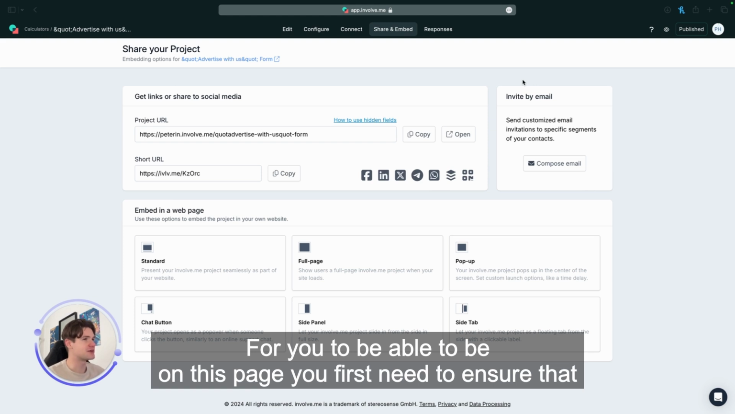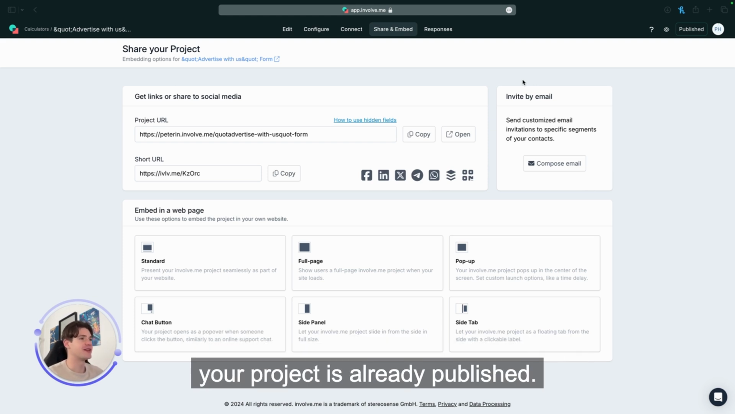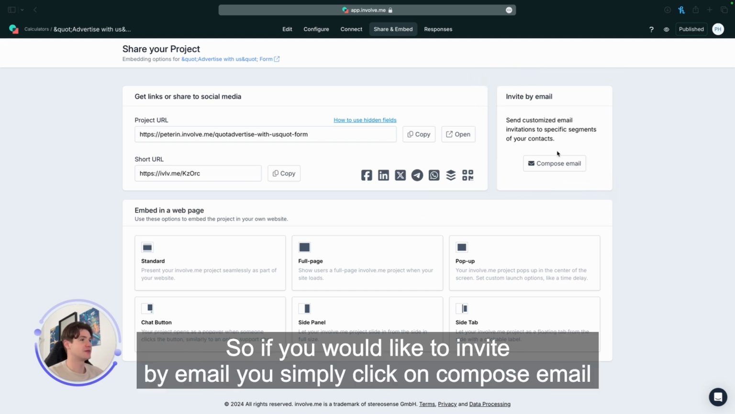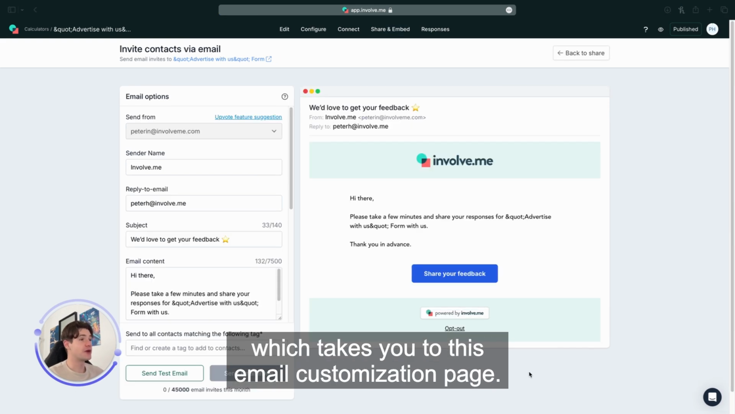By going to the Share and Embed tab inside of your project, for you to be able to be on this page, you first need to ensure that your project is already published. On the right side, you can see the Invite by Email box. So if you would like to invite by email, you simply click on Compose Email, which takes you to this